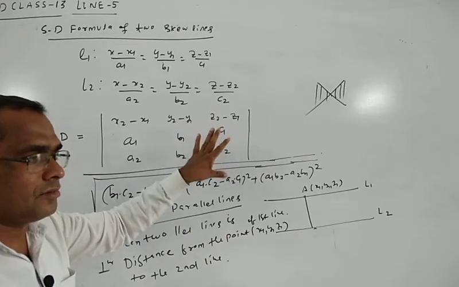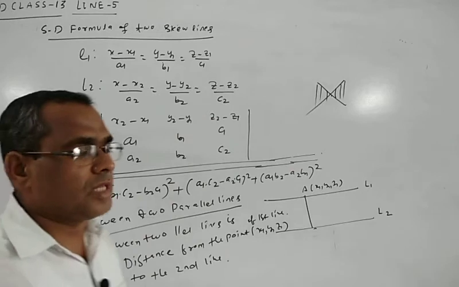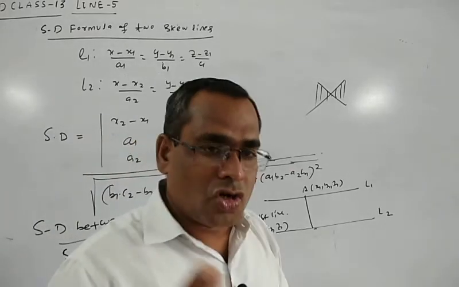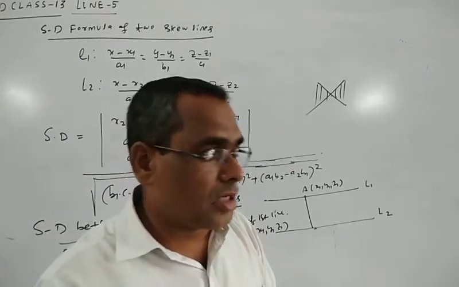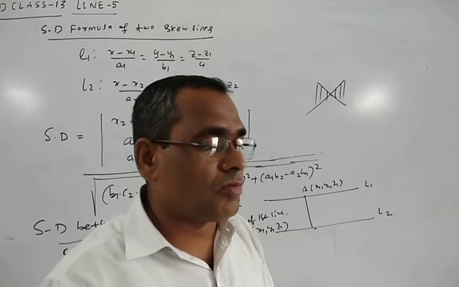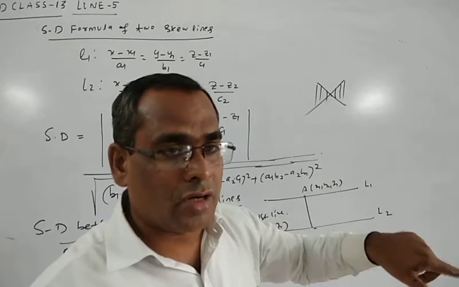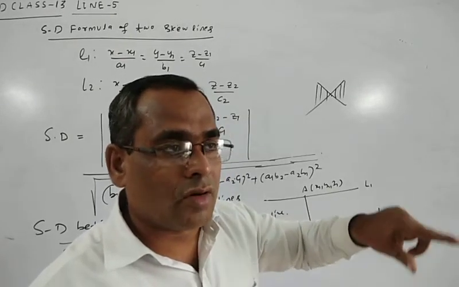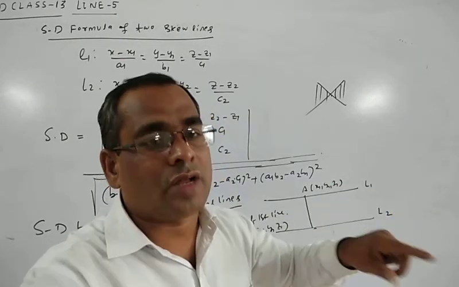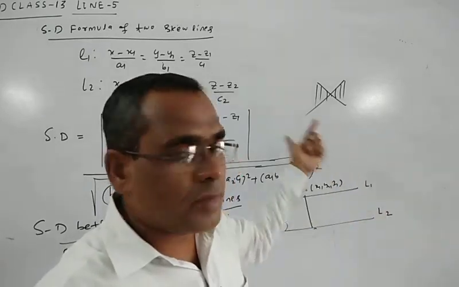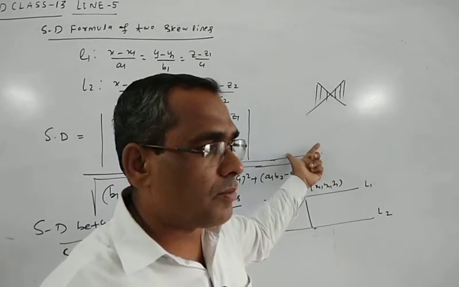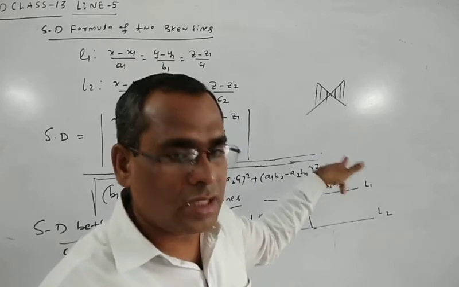But remember one thing: if we are asked for the shortest distance and the equation of the perpendicular, then it is compulsory to find the coordinates of P and Q. Find the coordinates of P and Q. Once you find the coordinates of P and Q, you can find the equation of the perpendicular. Distance you can find directly, but to find the equation, finding P and Q is necessary. Okay,